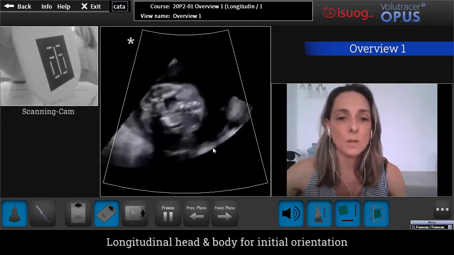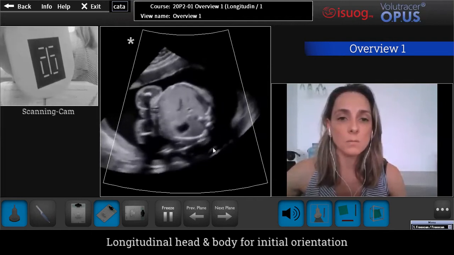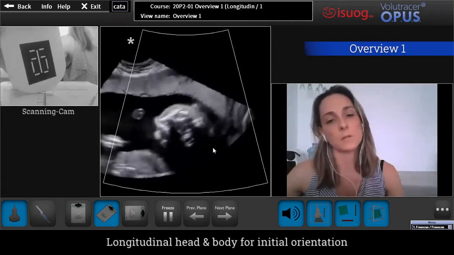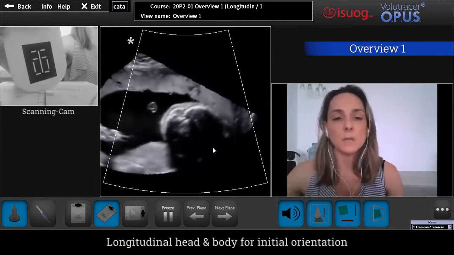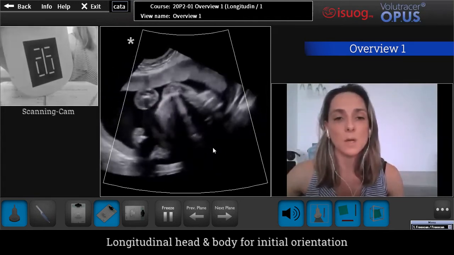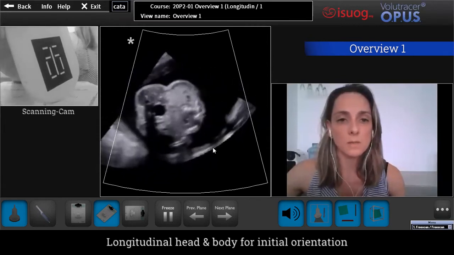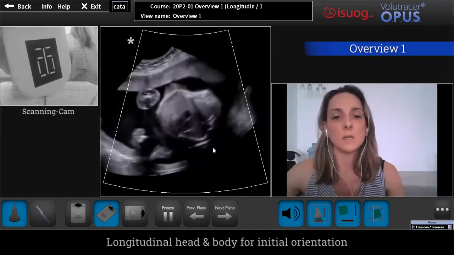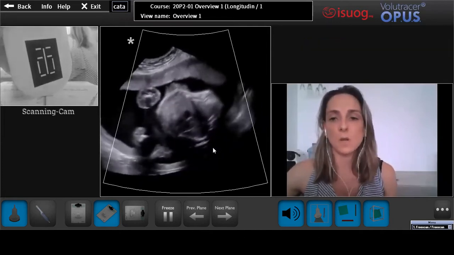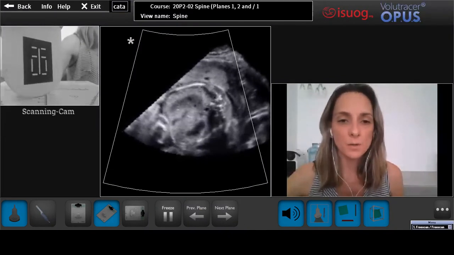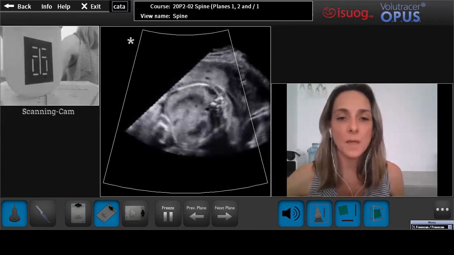So doing so, we have reviewed the fetal anatomy for the first time. So we have checked that there are no major or gross anomalies that we can identify in this first longitudinal overview. We just did the first sweep, the first overview sweep, and now we need to go to the fetal